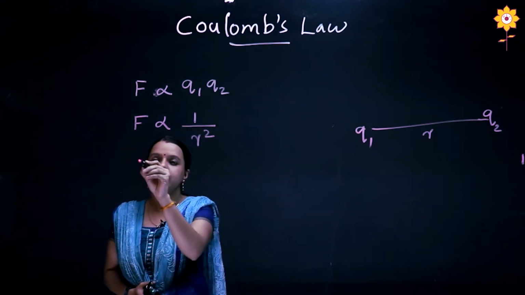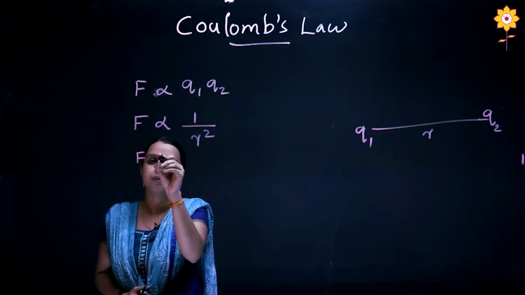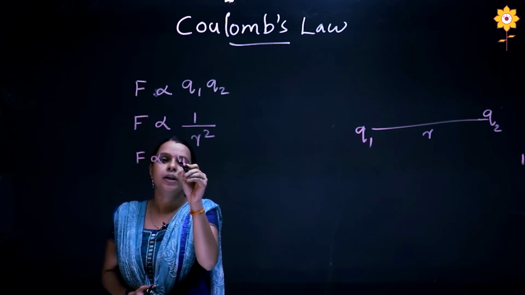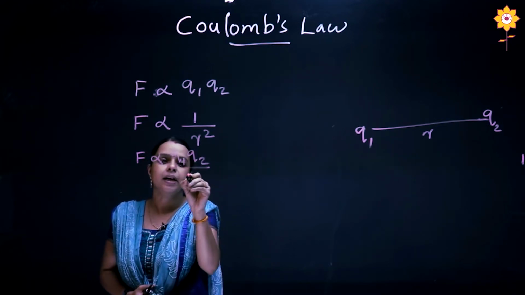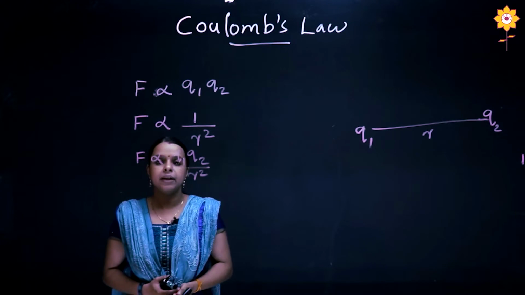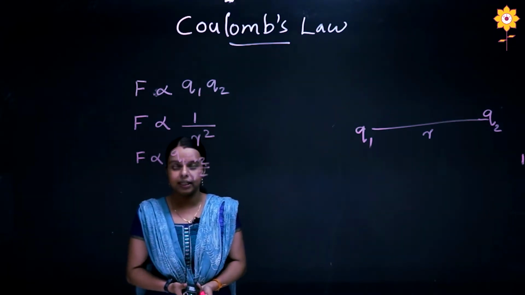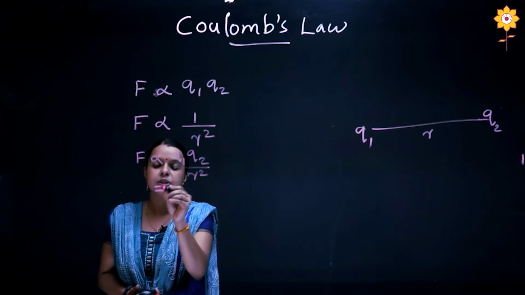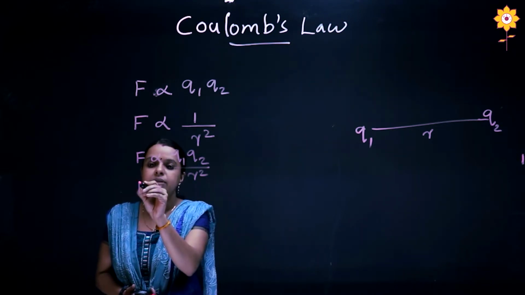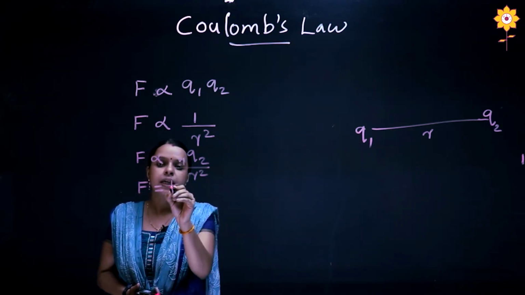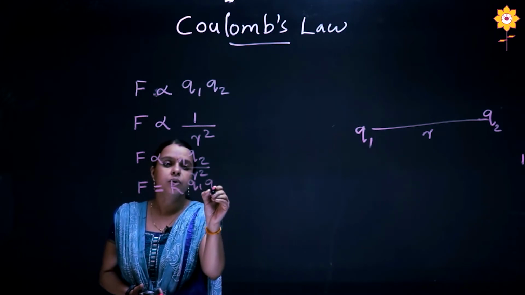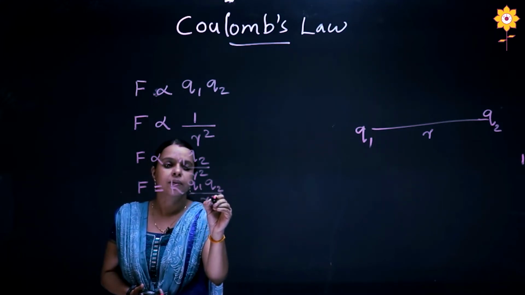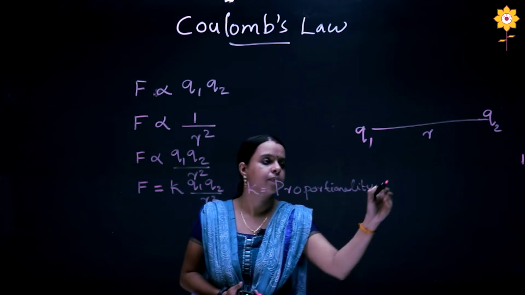Altogether we can write it as F proportional to Q1 Q2 by r square. We can change the proportionality into an equation by a proportionality constant, which is F equals K Q1 Q2 by r square, where K is called